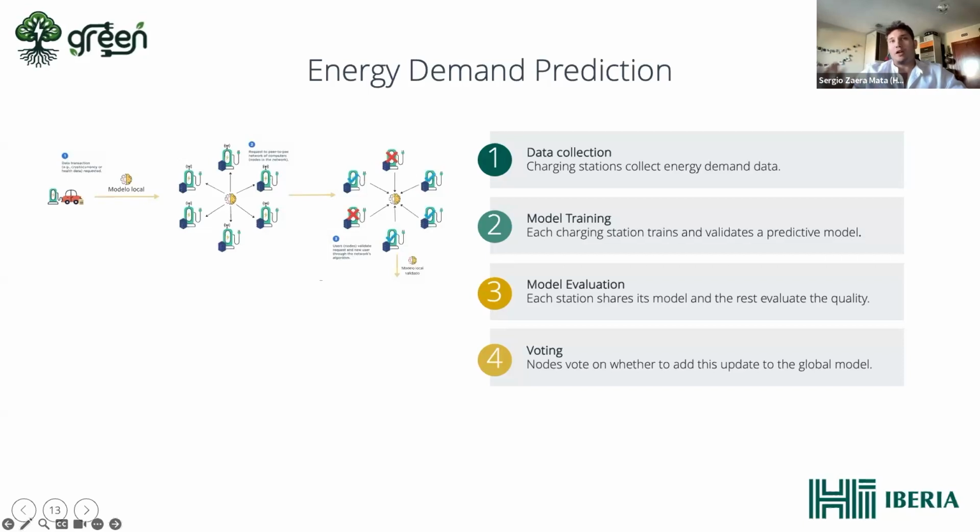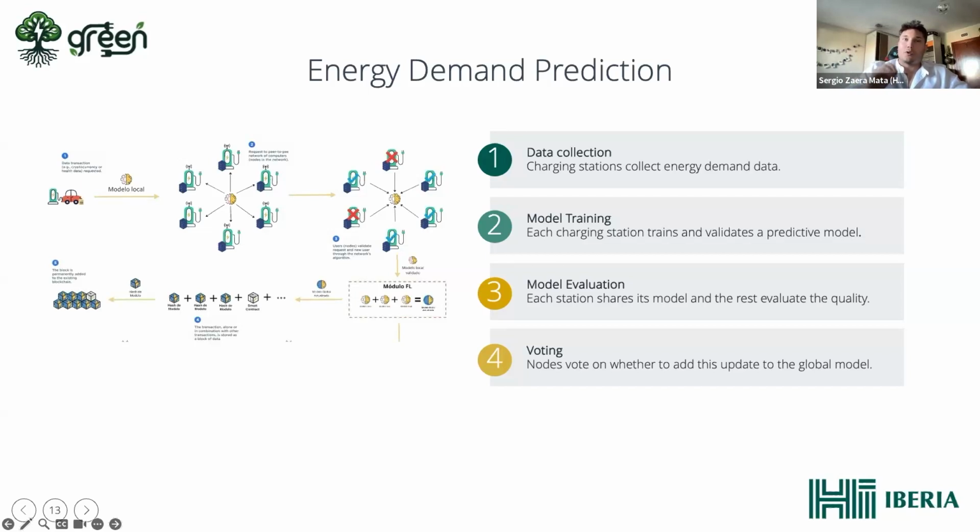Because if the metrics, obviously with some percentage of error, are inside this range, they can be up to enter in the net. But if you detect that it's an anomaly, you cannot validate them. So only the validated local models using this net are the ones to enter into this more updated version of the global model.